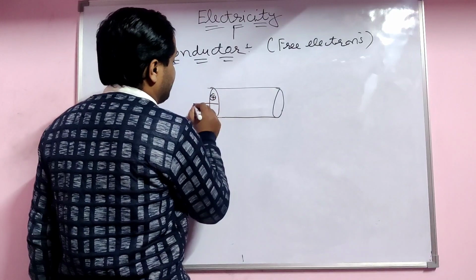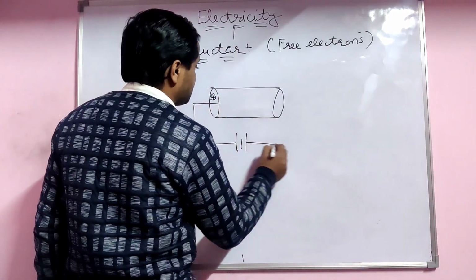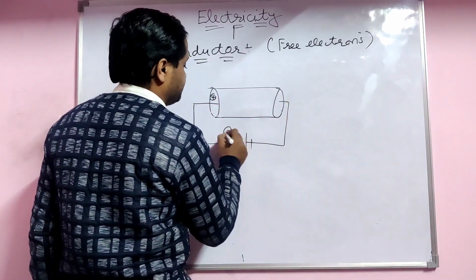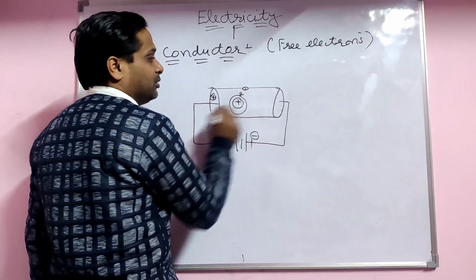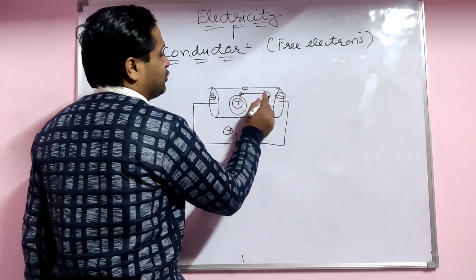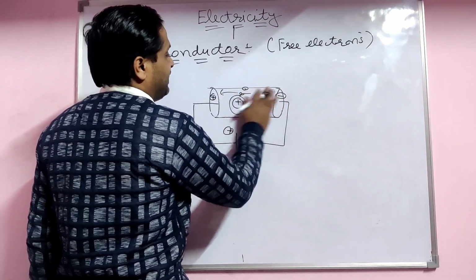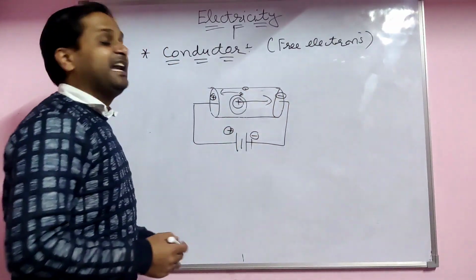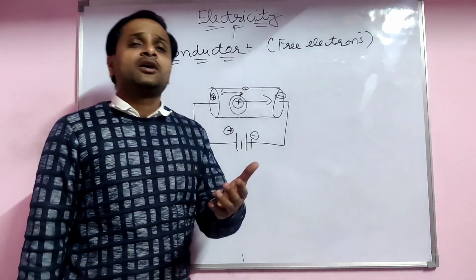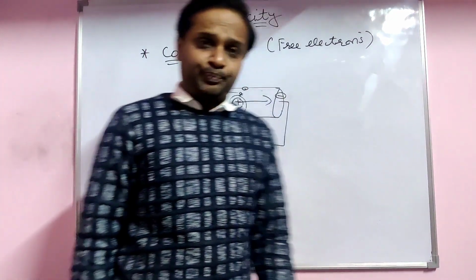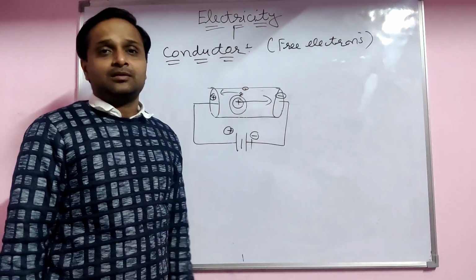Okay, so now this is the copper wire. Here you apply positive and negative voltage, potential difference. Here the atoms are there, and the electrons are loosely bound. When you apply the current, negative moves towards positive and positive moves towards negative, because the electrons are loosely bound, free electrons. Metals easily lose electrons, you know. That's why it is a conductor.